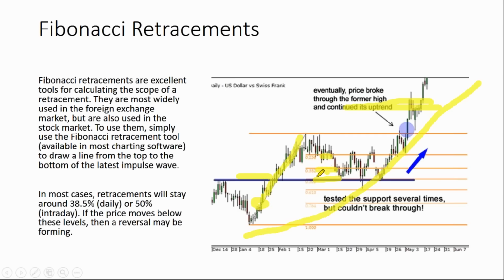Too many traders panic and they exit the market. And even if they stay back in, they might sell here when it starts to dip back down. Okay. Down at this level, they panic again. Okay, and they trade out. The fact is, you need to be able to ride these out because nothing's giving you a clear reversal signal, because you want to be able to stay in here, because you see here the price was able to eventually break and cut you a new high, and once it did, that tells you the asset had a lot of momentum.